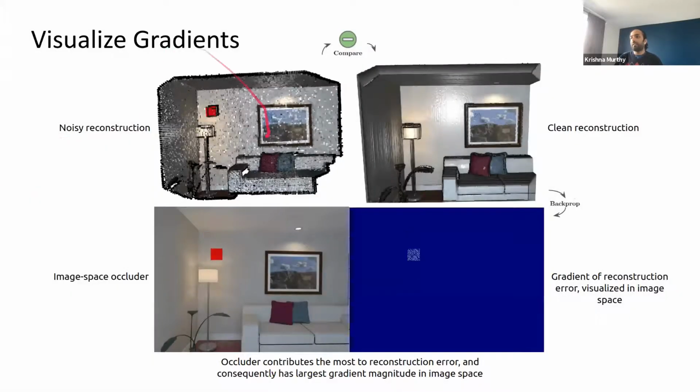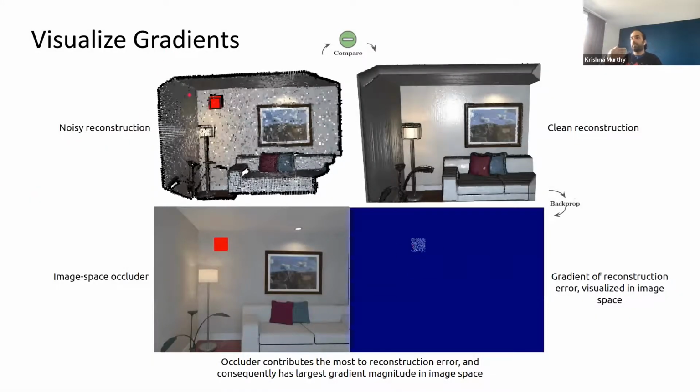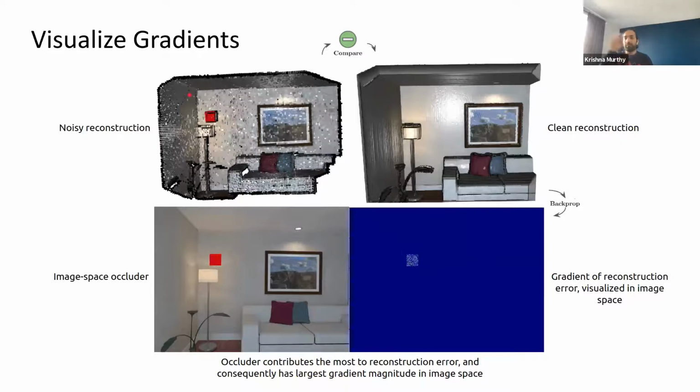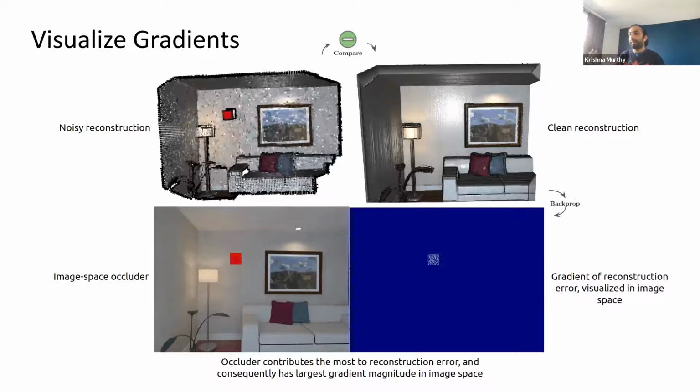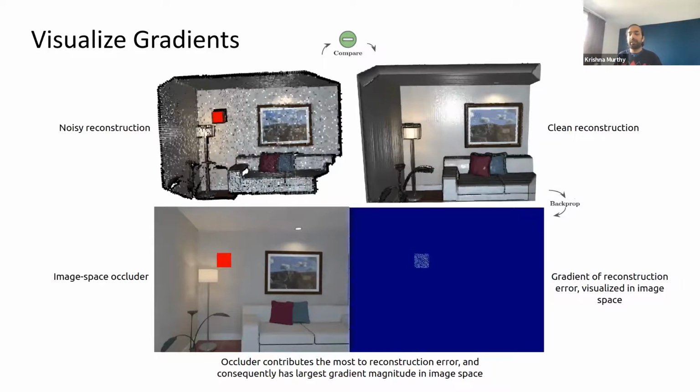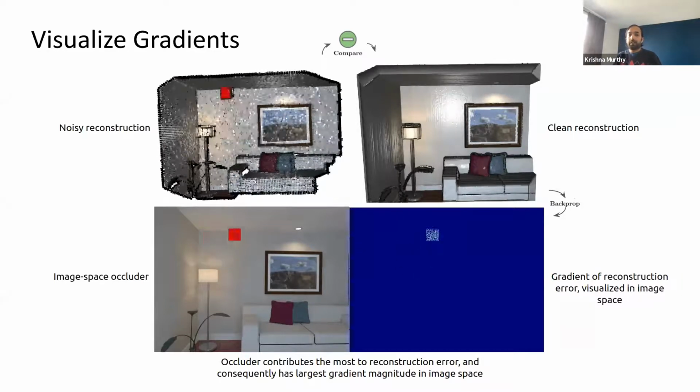Here's a very similar demo, but in this case, we create an occluder in front of the camera. As we're moving it, we plot the gradient difference maps. And in all cases, GradSLAM is accurately able to identify what the occluders are.